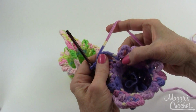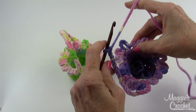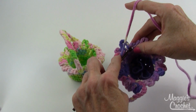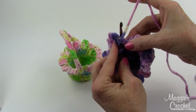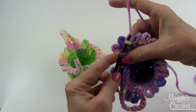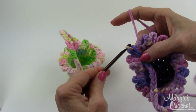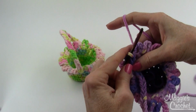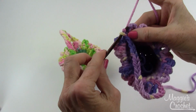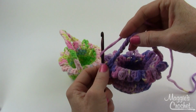So you see that stitch right there that they have in common, and you're going to insert your hook from the wrong side to the right side of your basket and yarn over like that, and then pull that through the loop that's on your hook like that, and that joins the handle. So then I'm going to chain 1, and now I need to work back across the handle to give it some